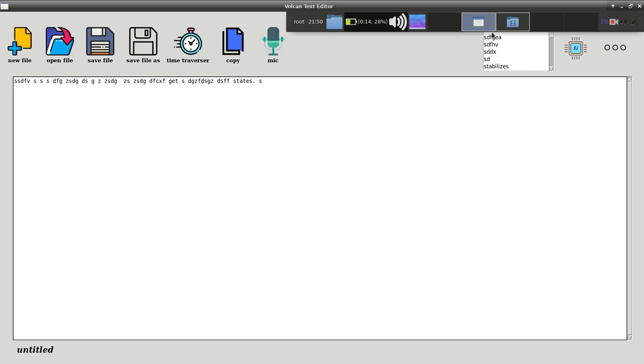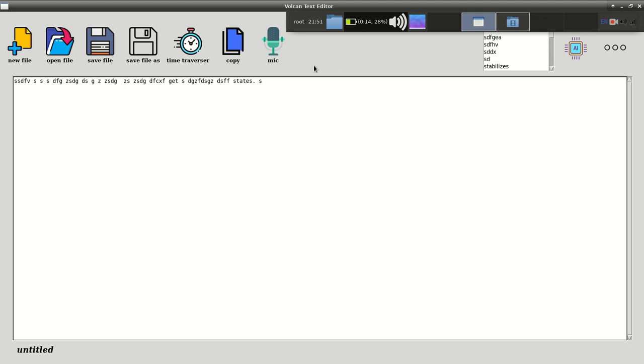So whenever you type in this text editor, and once you save that file, the words will be added to the suggested words next time. So you can use your previous words. So this is the use of the suggested area.